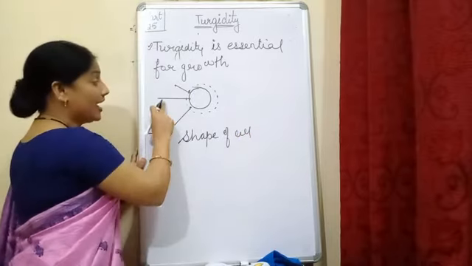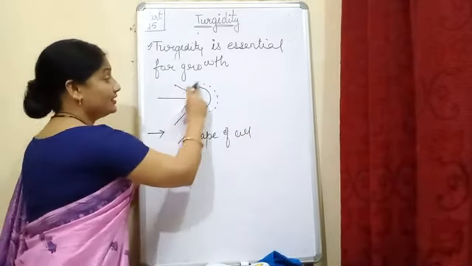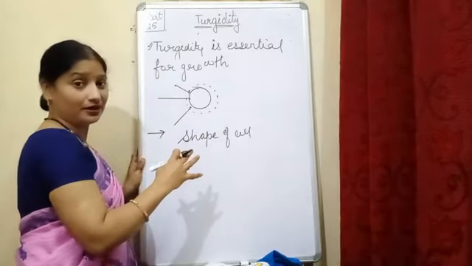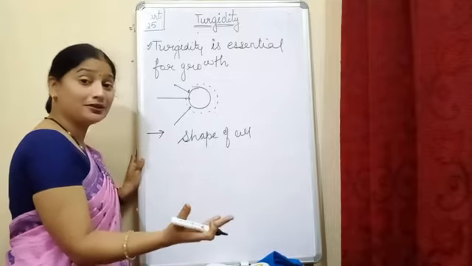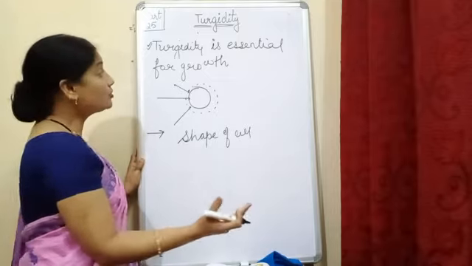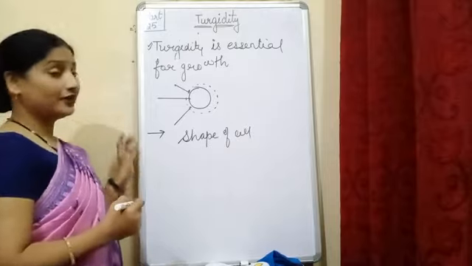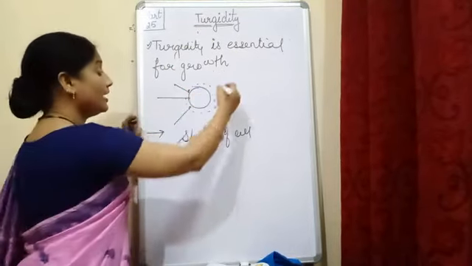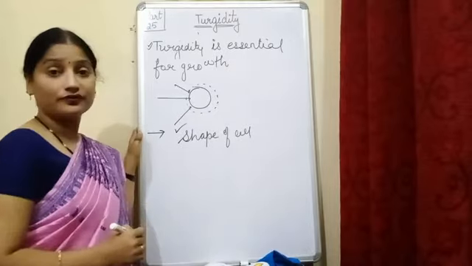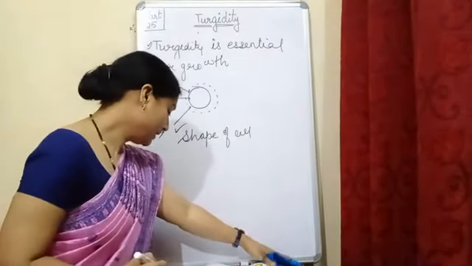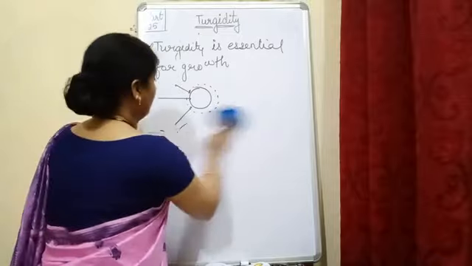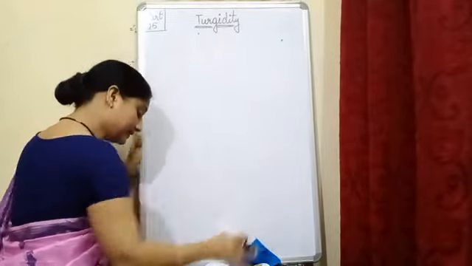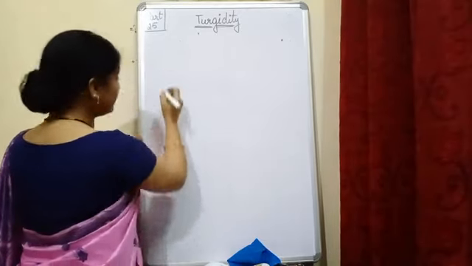Once again, after absorbing water, the cell will swell up. It will regain a proper shape. It will gain a proper size and proper shape. So we can say that the significance of turgidity is that it is essential for growth as well as shape of the cell. See, next significance of turgidity. And next is turgidity provides